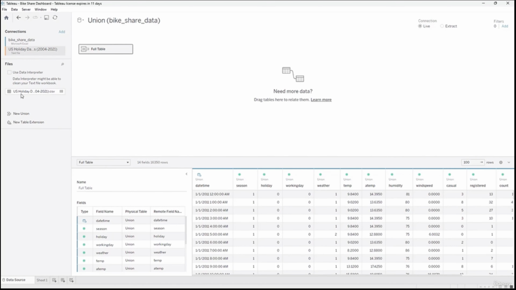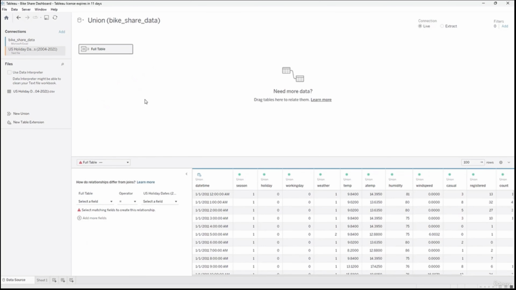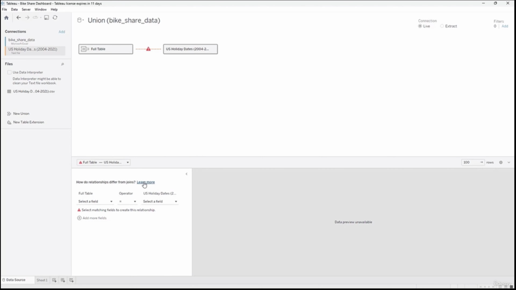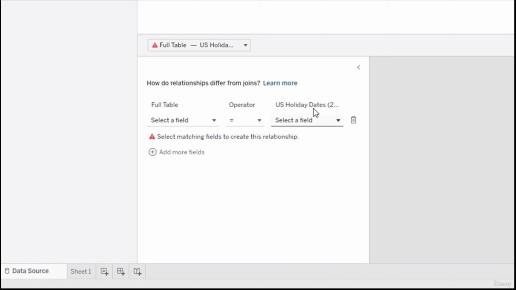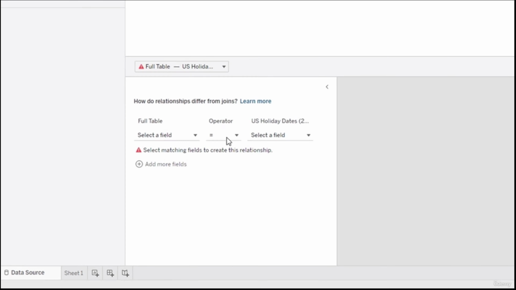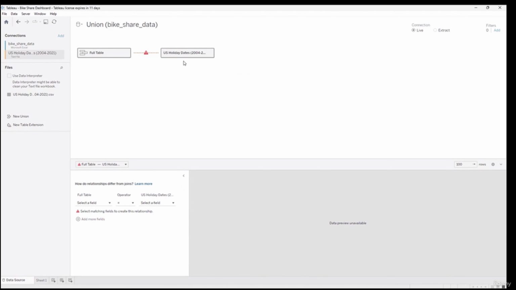If I pull this over, you can see it makes an automatic connection. That's not exactly what we want to do, but you can connect these two in this method, which is pretty good because it will establish a relationship between those two files. Let me just click this off